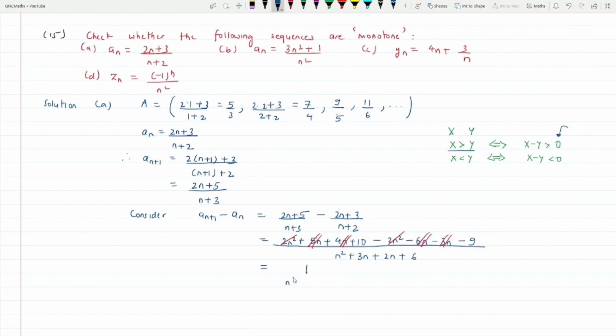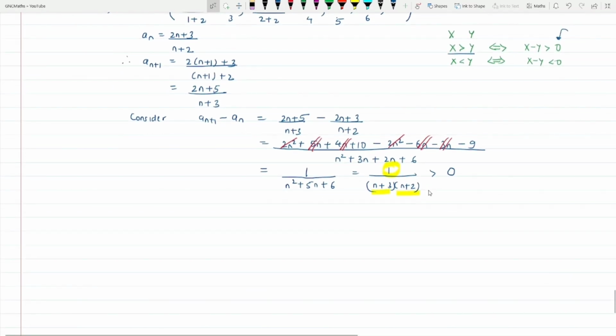And here we have n square plus 5n plus 6. It would be better if I don't simplify it. Let us keep it in the factored form, which was n plus 3 times n plus 2. Now you can see that the numerator is 1, which is a positive number. The denominator is a product of n plus 3 and n plus 2, both of which are positive. So we can see that this term is going to be strictly positive. Thus, for any n we are getting,